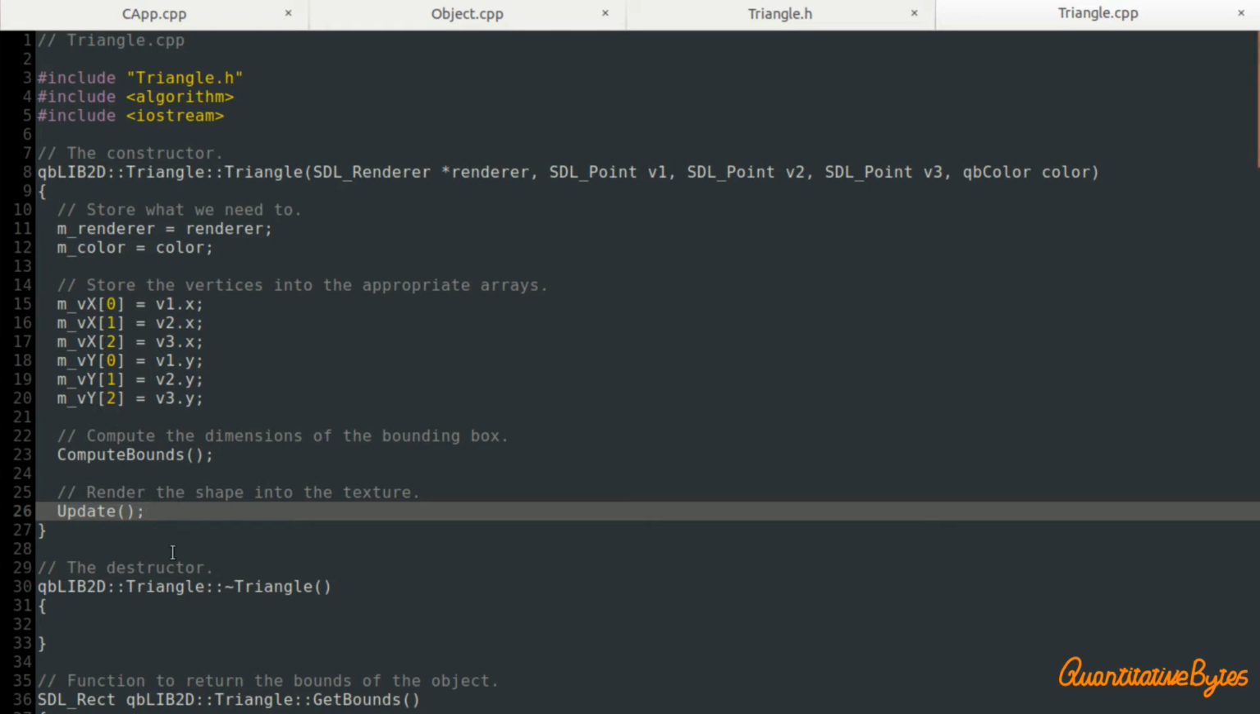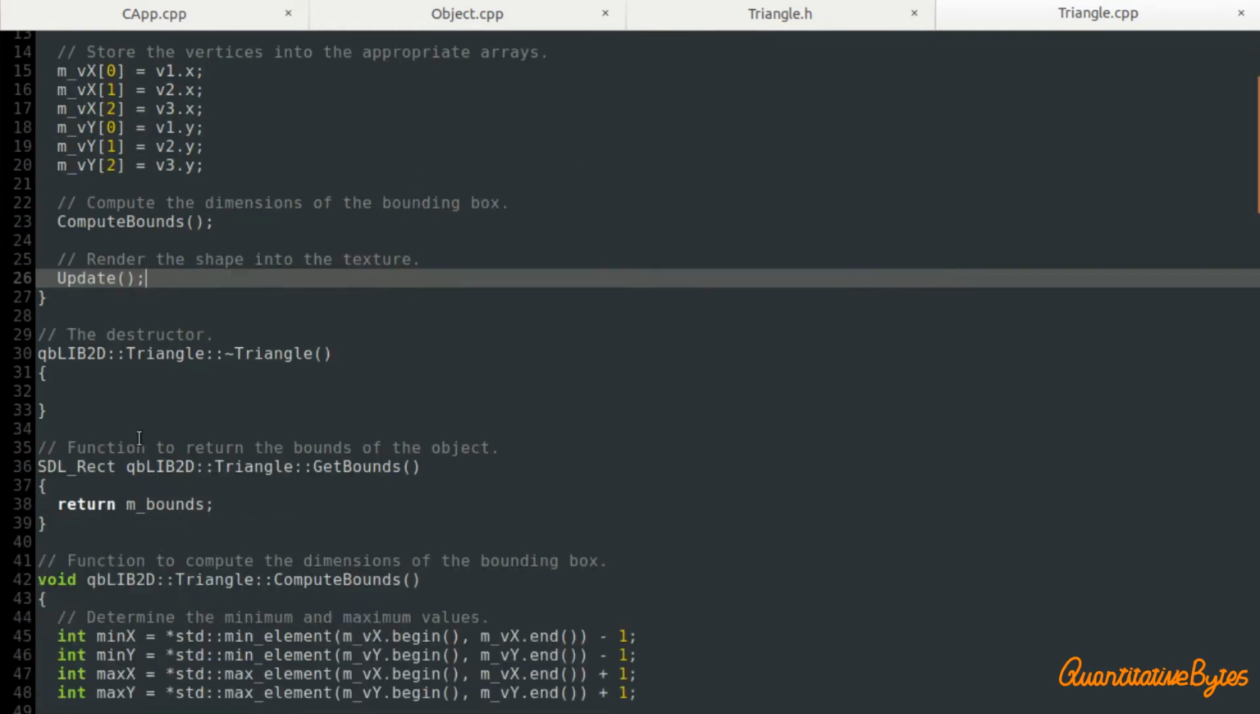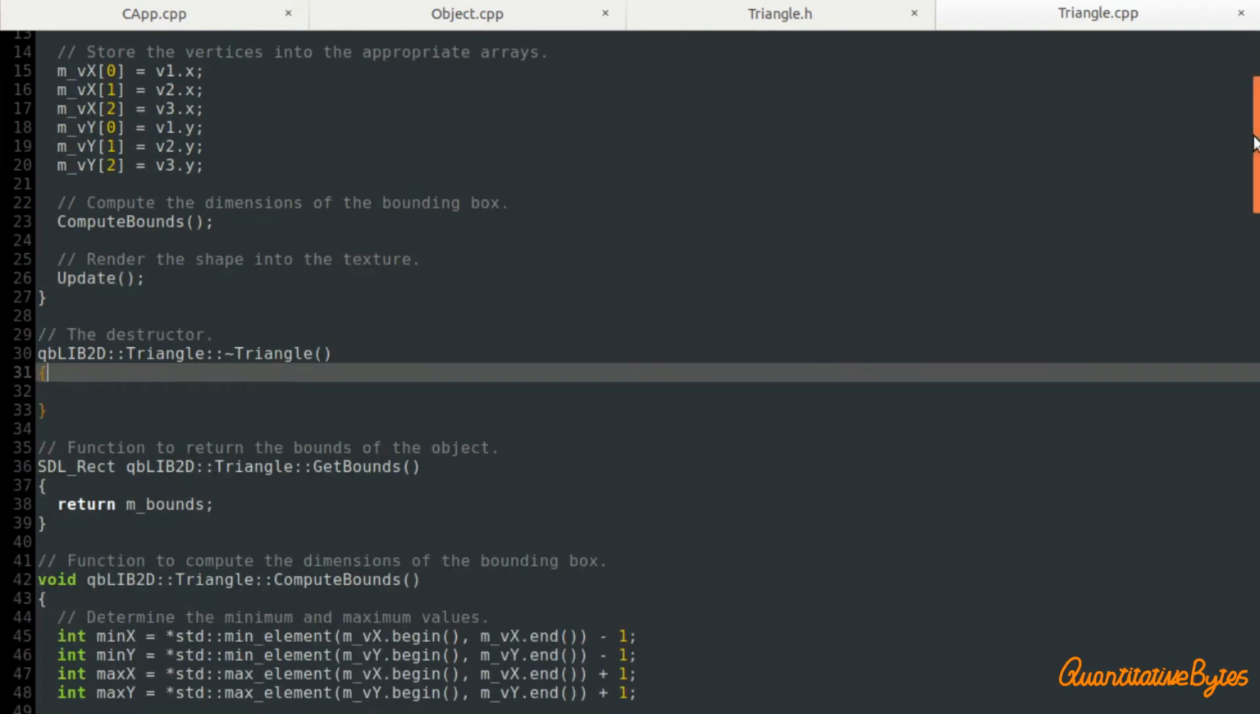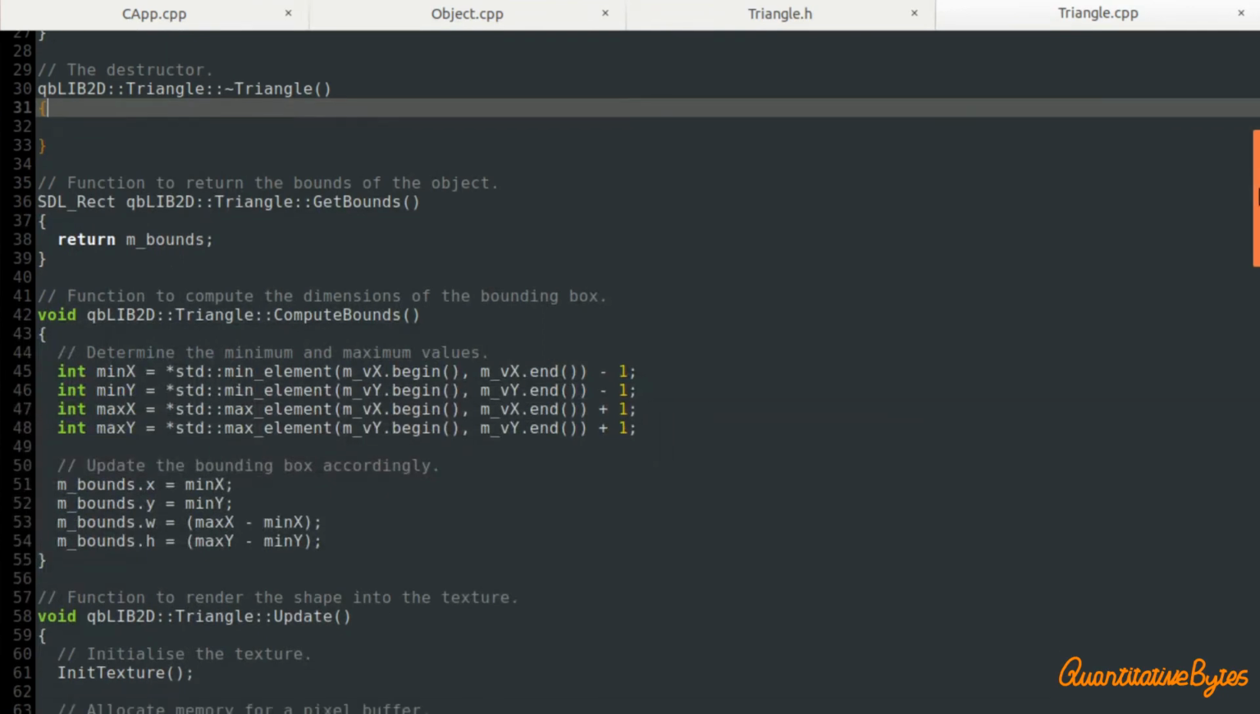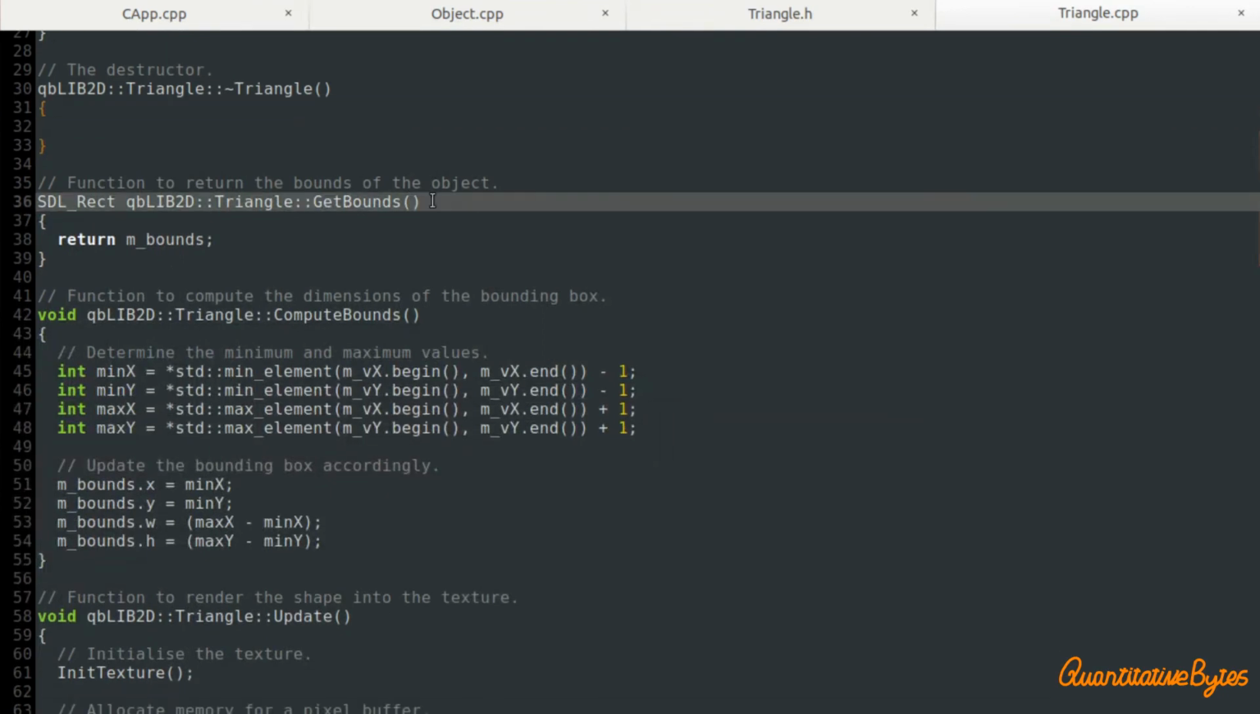I'm not going to talk about why we're doing that here. If you want to know more about what I mean by rendering into a texture, go back and look at the episode on faster circles, episode 2 of the series. I'll put a link up in the top of the window here. Okay, the destructor, we don't actually define anything in there for the moment,